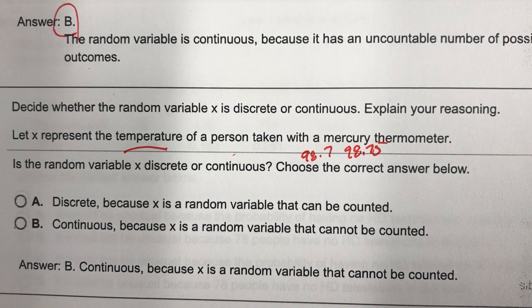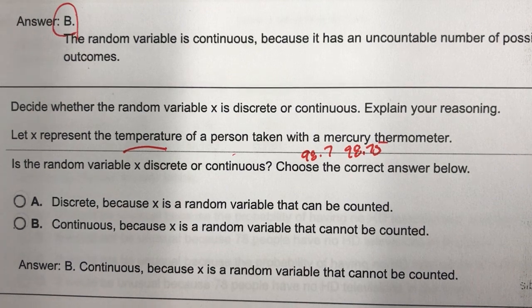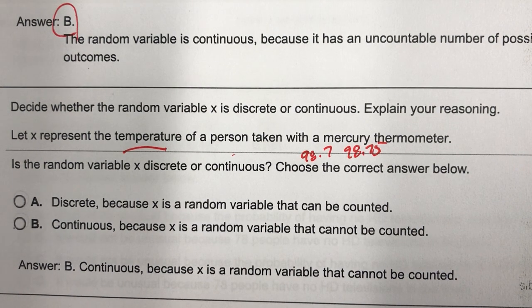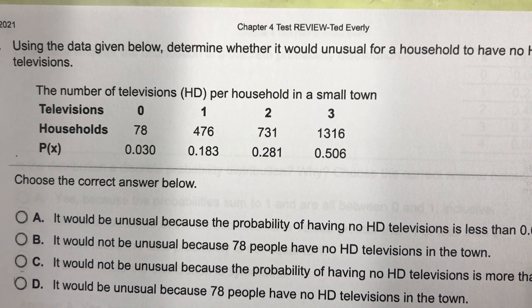It's uncountable. All right, so that would be continuous. So that's the difference between discrete and continuous. Discrete you can count. Continuous is a measure or something that you can't count. All right, number 5. Using the data,